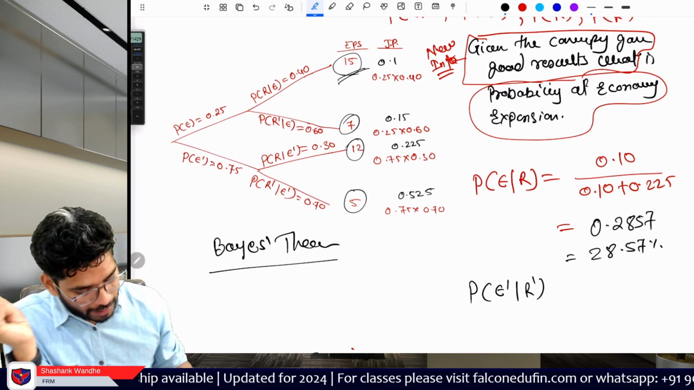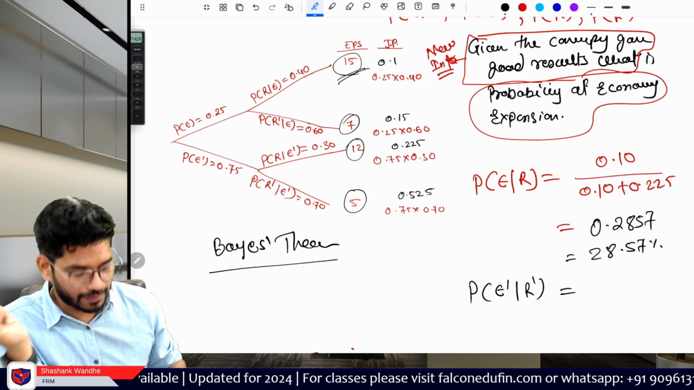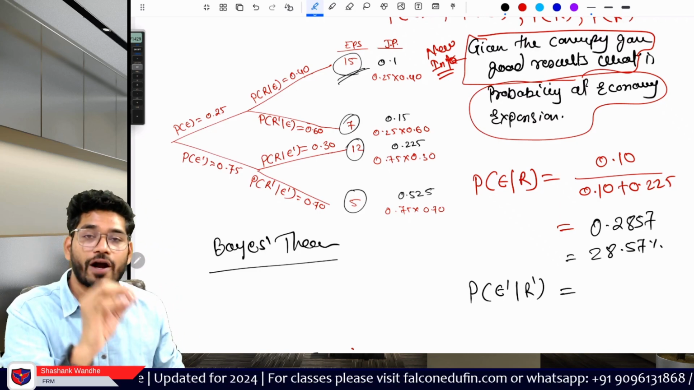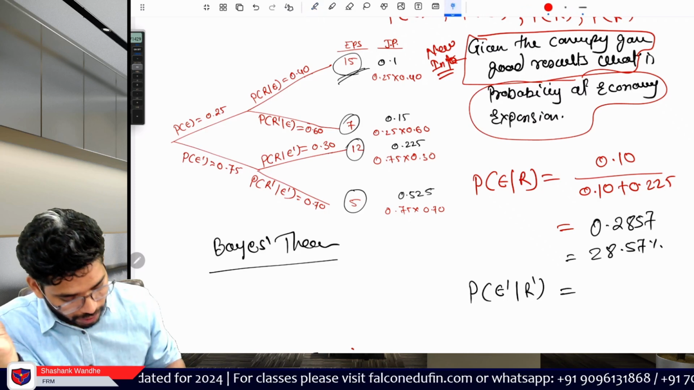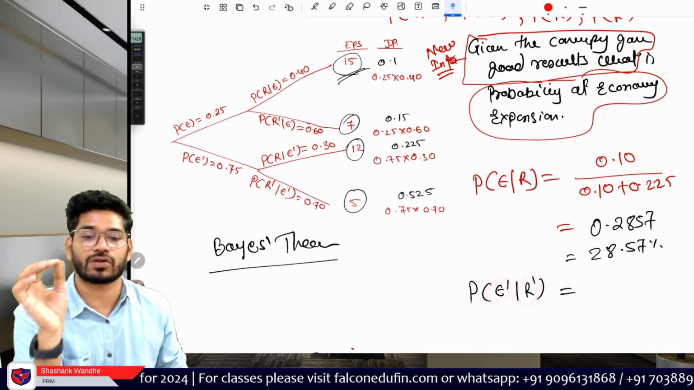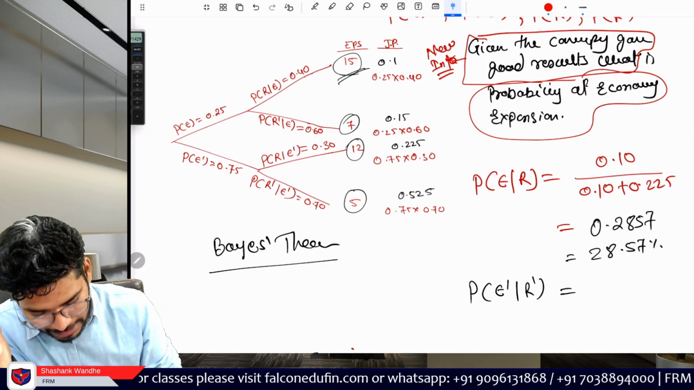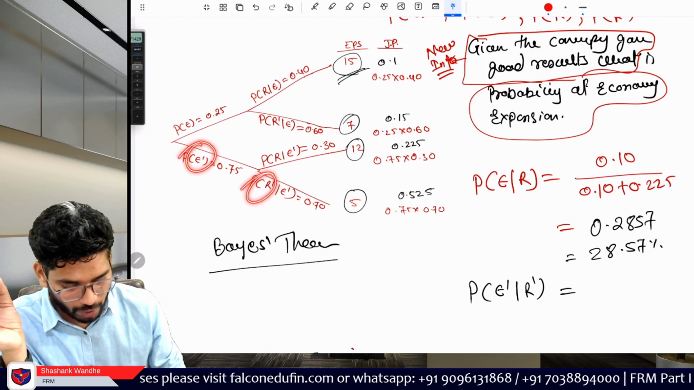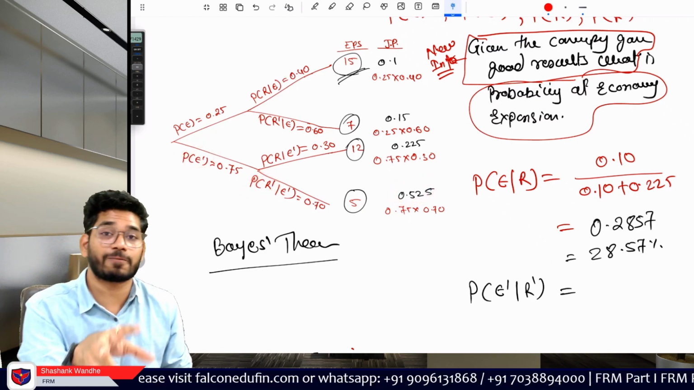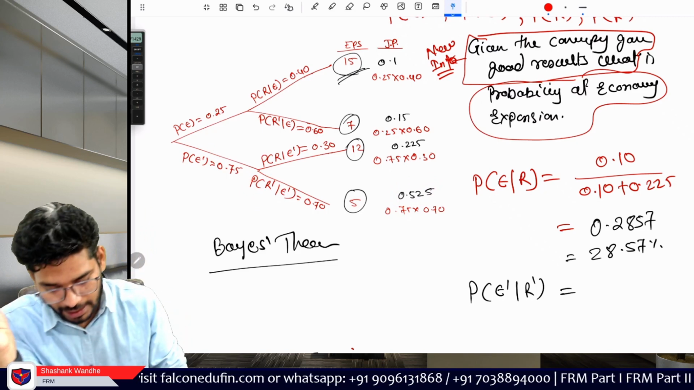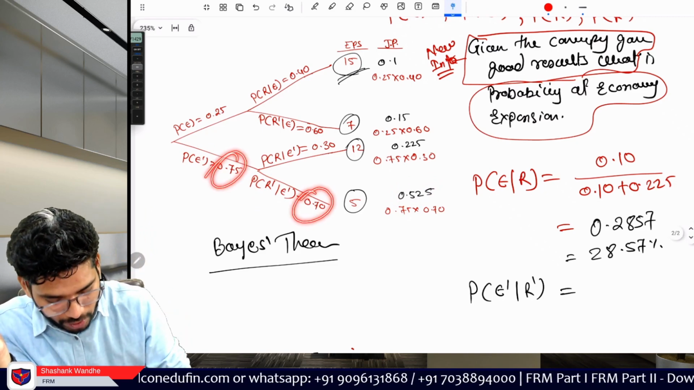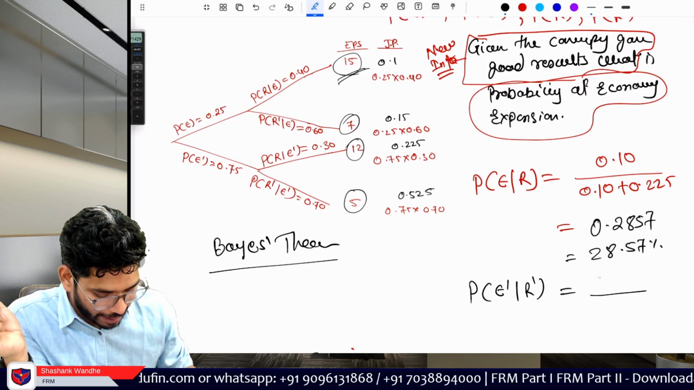That's it, right? So here, as I said, first in the numerator, you will need the joint probability of these two situations. And where is the joint probability of these two situations? So first is no expansion, no good results. Joint probability is this. I have to simply multiply these two. So here in the numerator we have